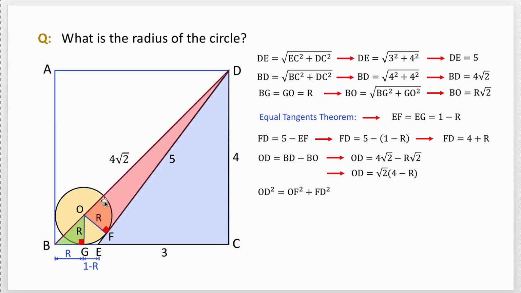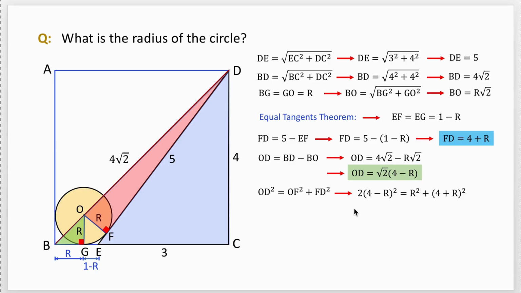So in the right triangle ODF, we use the Pythagorean theorem as this. We already found the lengths of OD and FD in terms of r. The length of OF is the radius of the circle. If we substitute OD, FD, and OF in terms of r, we will have this equation in which only r